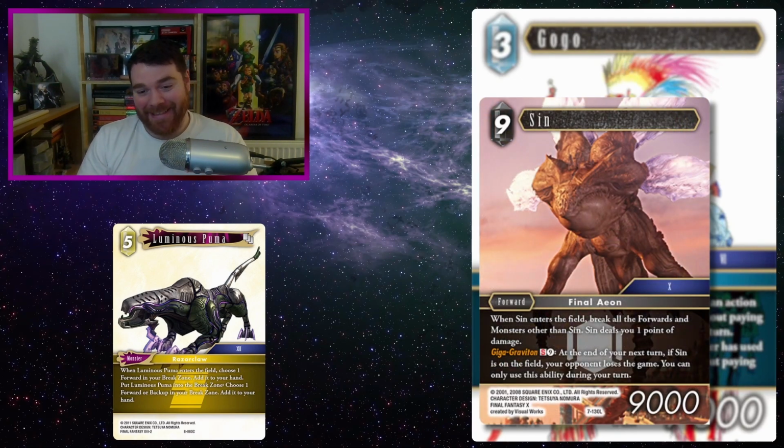Sin. Stupid effect, but ultimately, if you can Giga Graviton, so S and 9, at the end of your next turn, if Sin is on the field, your opponent loses the game. You can only use this ability during your turn. But that means Go-Go can use the effect as well. So now your opponent has to get rid of Sin and Go-Go. Obviously, if they can board wipe, it's a moot point. But if they can only kill Sin but not Go-Go, that's kind of funny, and you win the game because